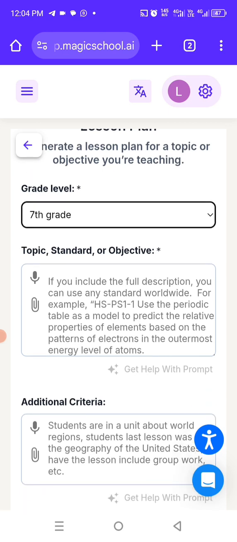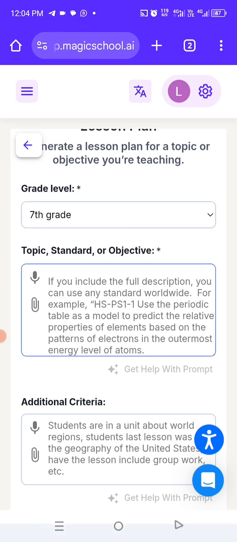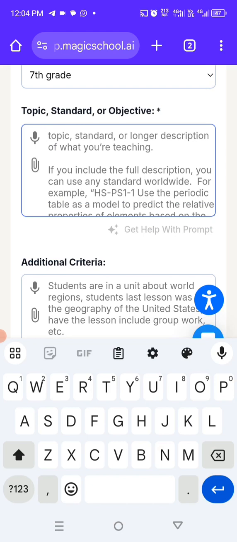Okay, now it says topic, standard or objective. So you can more or less specify the way you want it to create the lesson plan here. Okay, so you can specify that here. All right, so now there's something I want to do, because this is very, very important. I know, for example, for us as educators, especially in Nigeria, we usually work with a curriculum. All right, we work with a preset curriculum, you get,